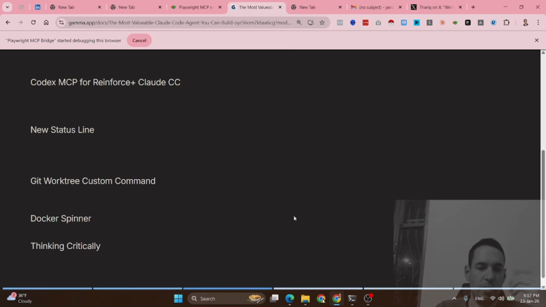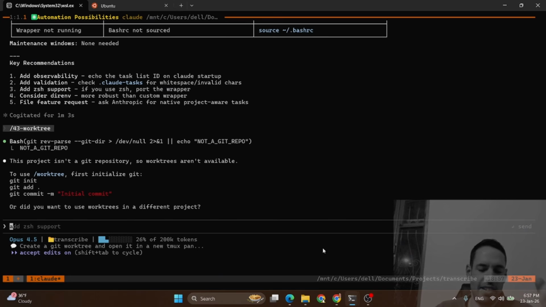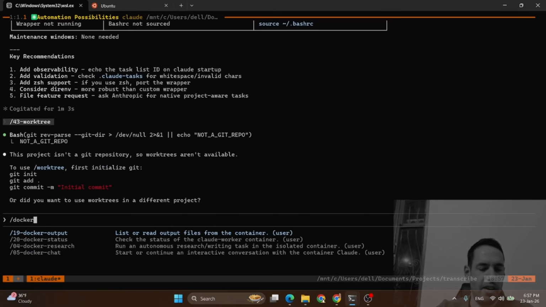I mean, to be less prompted to provide my approval. The next thing that I did is I created a Docker container that basically, if I want to do stuff in YOLO mode, I can just write Docker. Let's assume that I want to do research. I don't mind doing research in YOLO mode because I don't want to be prompted to provide permissions, and